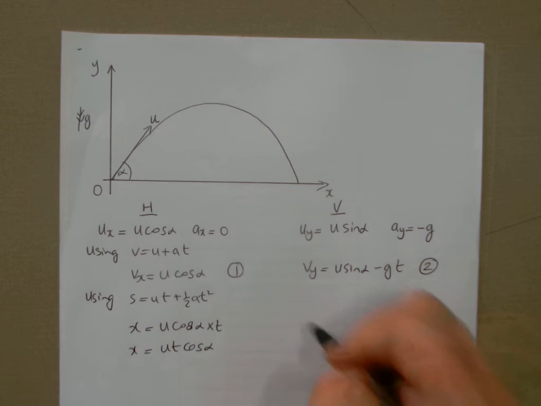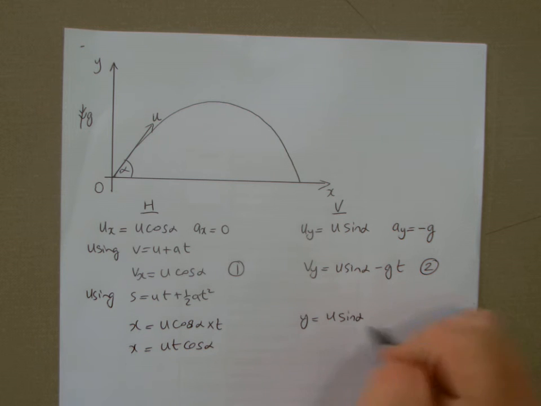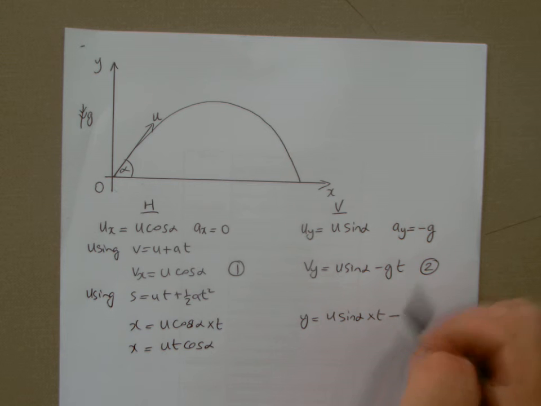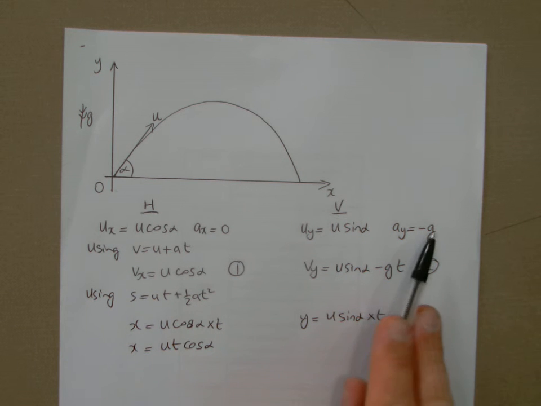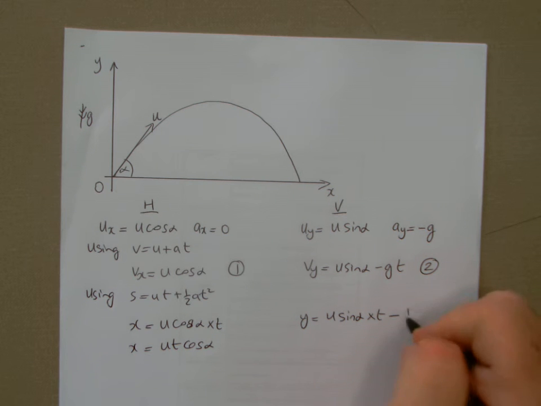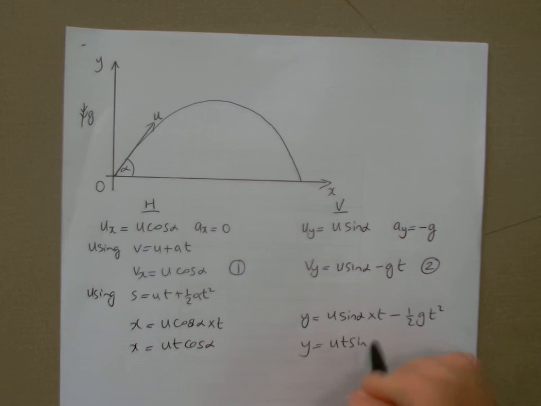Same then for the y. Well, y will be u sine alpha times t, minus, because it'll be half a, and of course a is minus g, so it'll be minus half gt squared. So we have that there, so we could rewrite that,